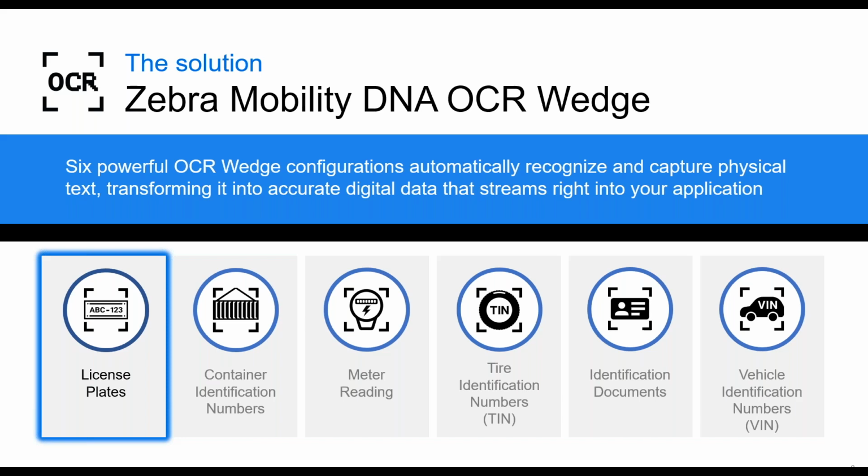Vehicle identification number is the standard number placed on your windscreen, and that is also possible with DataWedge